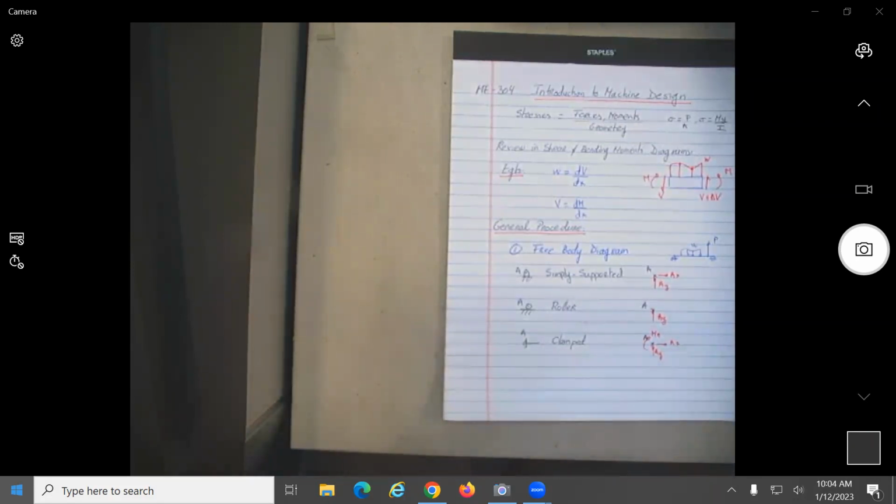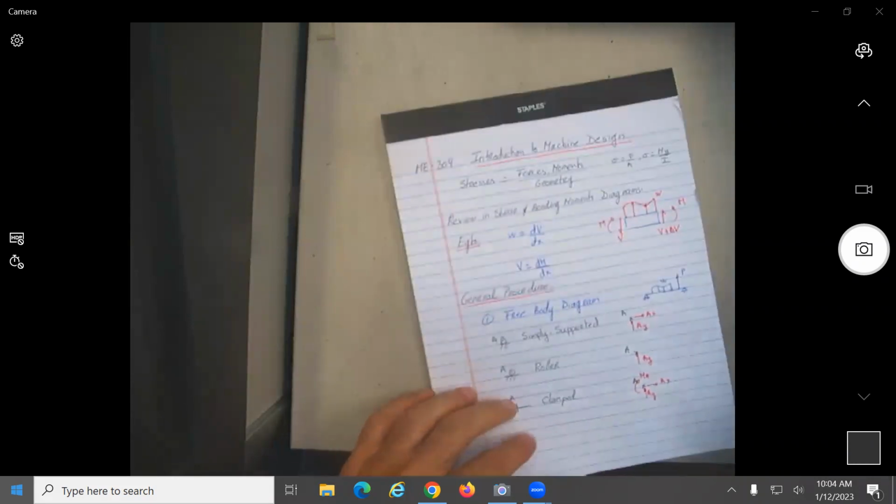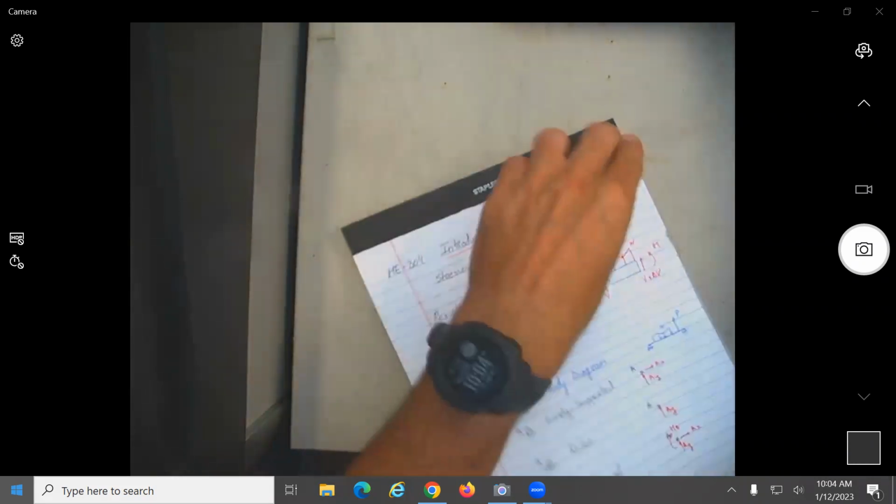So first thing will be to do the free body diagram, and really at that point, what you should say is, okay, how many unknowns do I have? I have 3 unknowns. I'm going to need 3 equations. Okay. All right. So after the free body diagram,